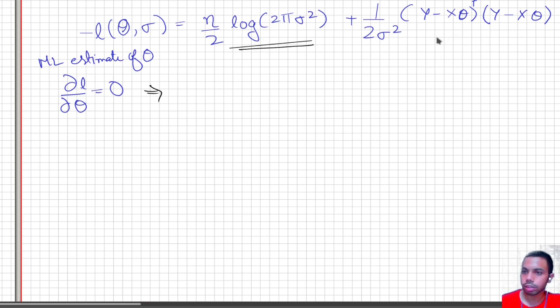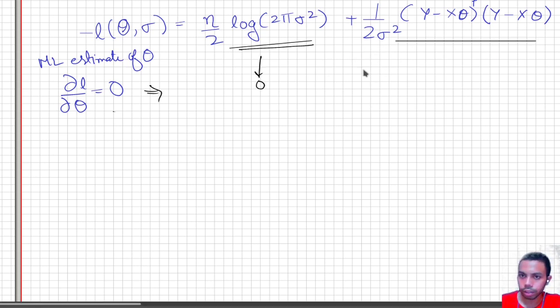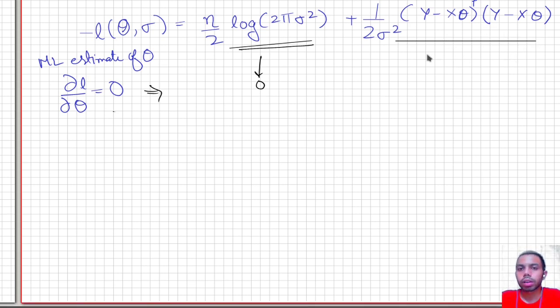Let's first have a look at this term. I want to solve this, and the other term will go to 0 in this case. Let me look at the second term. This second term you would also obtain in the least squares method, this exact second term. So now I think we should restructure that theta equation in a way that makes it easier to calculate. Let's go ahead and do that.